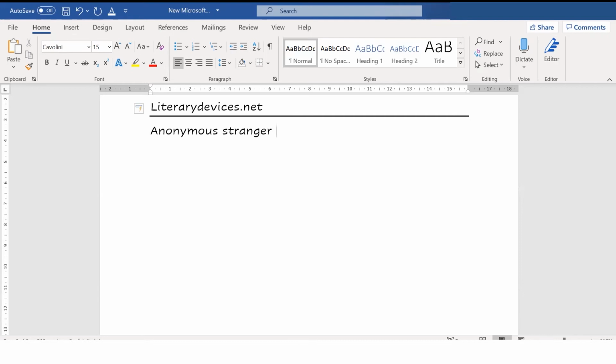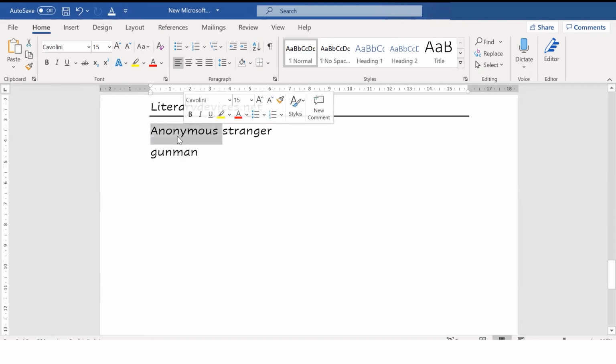So a stranger is always anonymous. He is never a known person, right? Then you should say armed gunman, right? So who is an armed gunman? An armed gunman is always armed. So you don't need armed here, right? Anonymous here is not required. Gunman is anyway armed with a gun, okay?